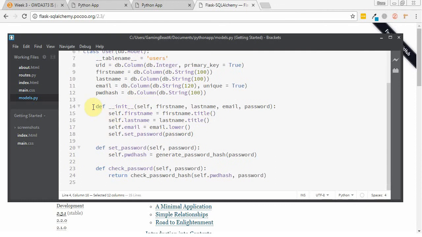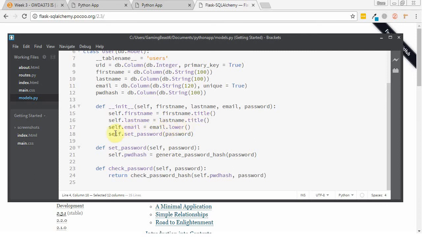Down here we have a constructor, which sets up all the attributes. So it initializes. Then we have self, which is the database. The database or the table has first name in it, with an uppercase first letter, uppercase first letter for last name,